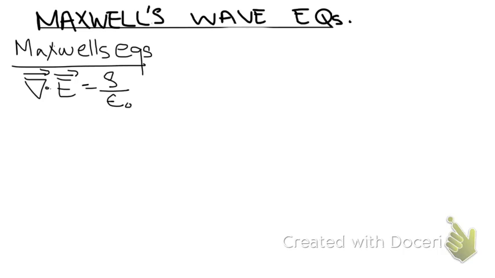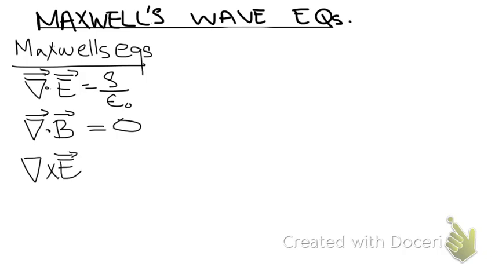The next equation is the divergence of the magnetic field, which is 0. Then we have the curl of the electric field, which is equal to the negative time derivative of my magnetic field,